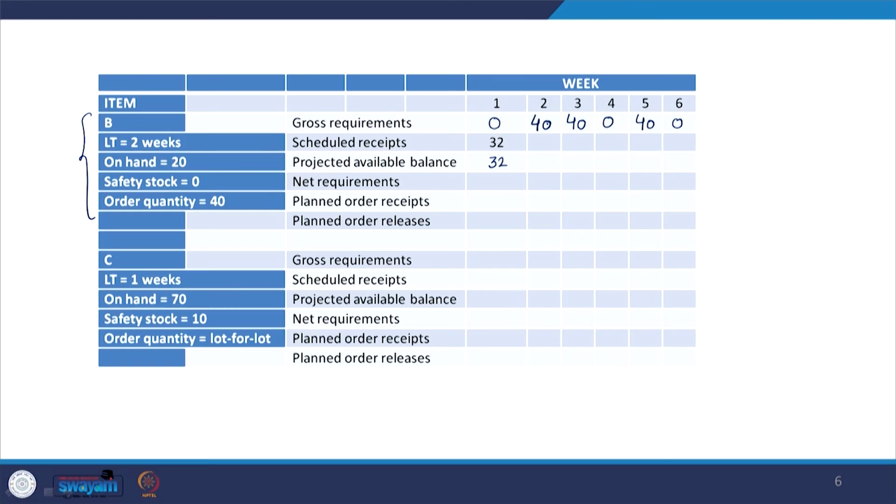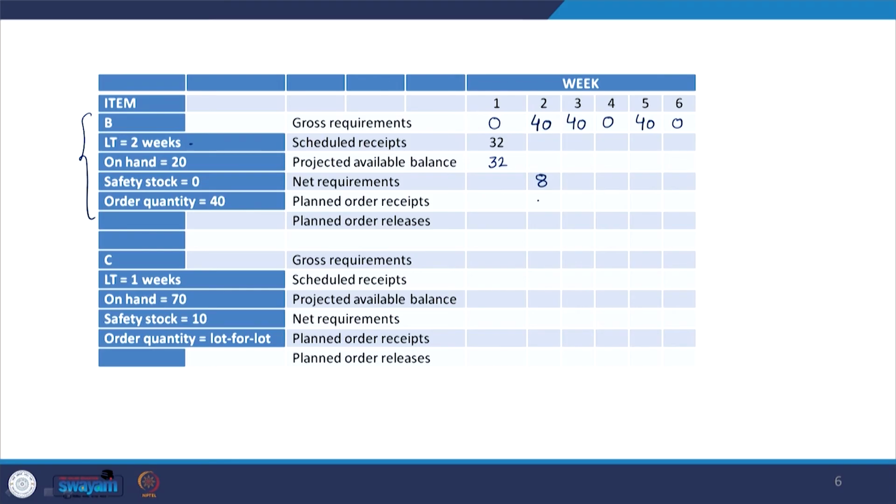Out of this 40 you are going to consume in the second week and 8 is available with you. So, you require 0, you have no balance with you. So, in fact, your requirement is 8. The 32 you already had, that you will consume, 40 is the gross requirement. So, finally, the net requirement becomes 8 units. Now, you will place order for these 8 units 2 weeks before, because the lead time is 2 weeks.